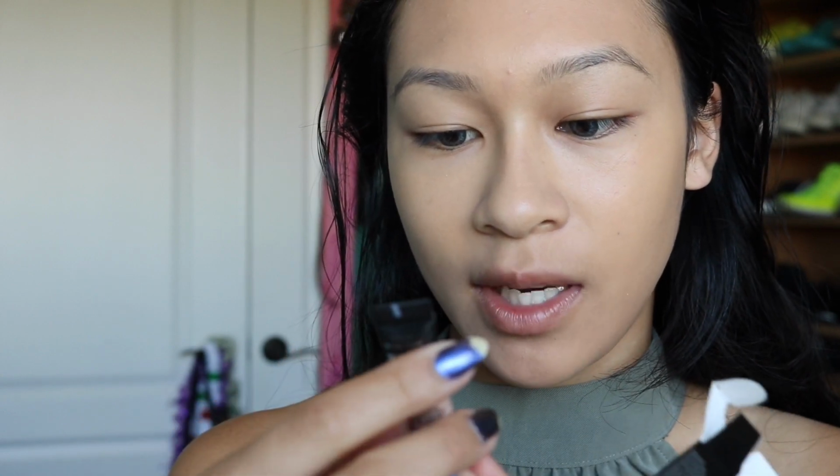Okay, so I got this new concealer. It's the Cosmetics Bye Bye Undereye, and I got the color Neutral Medium. I got this for free at Ulta. It's so tiny, $10 for this. Are you kidding me? But I'm going to try and put this on my pimple right here because you can still